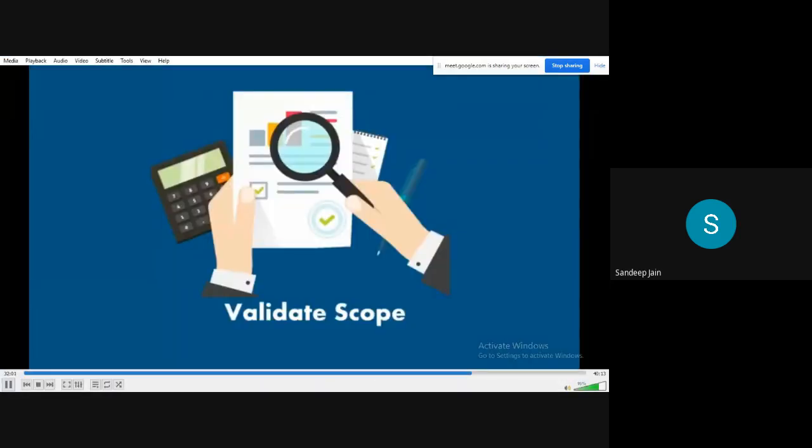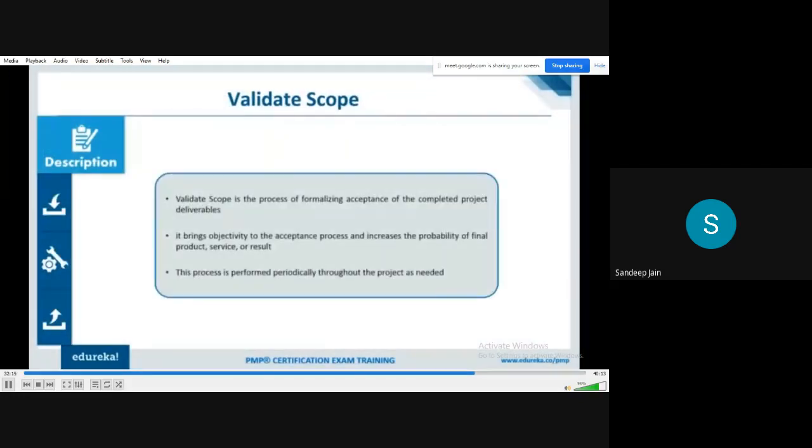Now, all this information is going to be really useful when I do the next process, which is about validating scope. So validating scope is all about understanding whether the deliverables that I have completed meet acceptance criteria or not. There is something called the acceptance process, and this acceptance process will certainly help us in increasing the probability of final product, service, or result acceptance. And this is clearly defined between you and the customers. For each deliverable that we are producing, what is the acceptance criteria? So if it is a high level design document that I'm producing on the project,